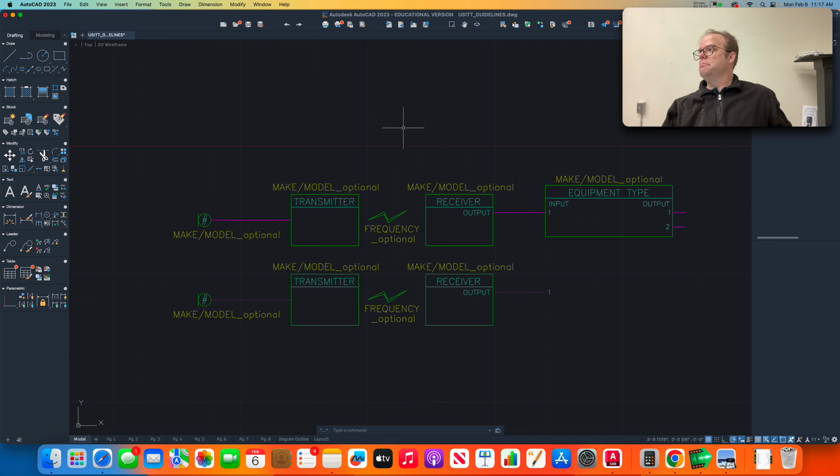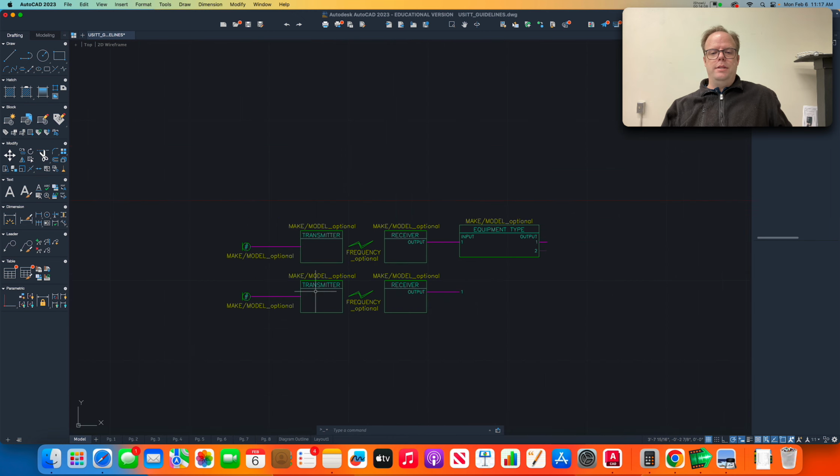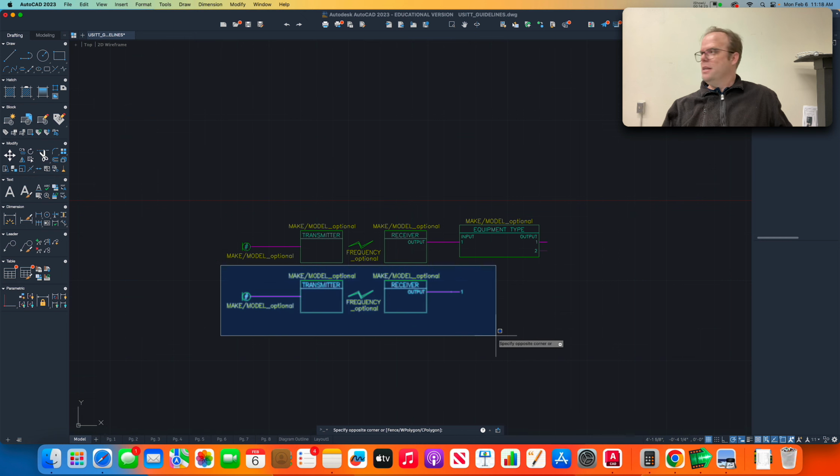I need how many? 22. Okay, so I got to make 20 more. So here's what I'm going to do. Now I want to array these in a whole big list, but I want the spacing between them to be consistent, right? Because I care about that kind of stuff. So you've got a consistency here that works, or a spacing here that works. So what you're going to do is select this second one that you made in its entirety,